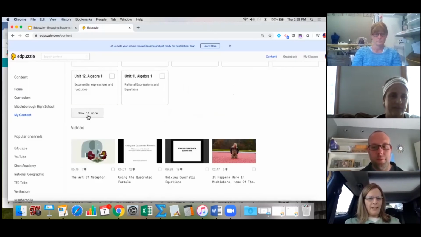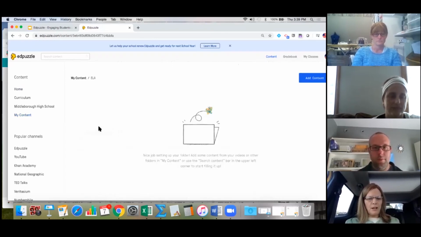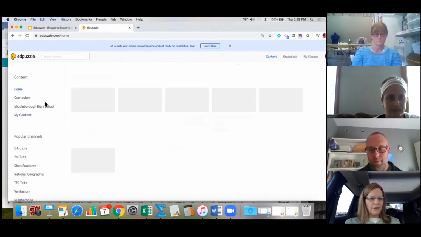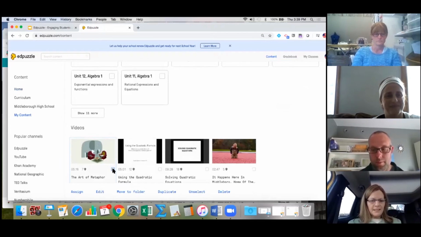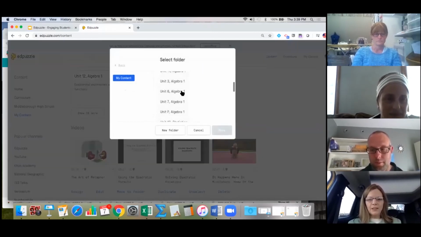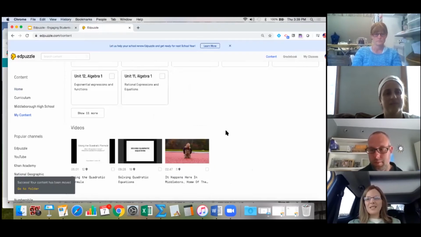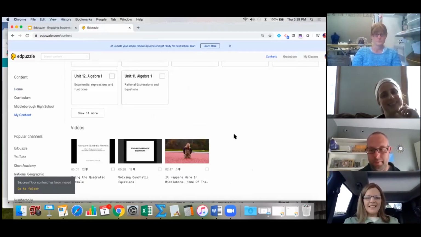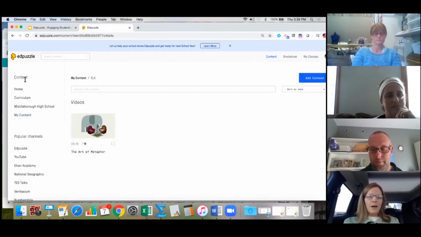So if I show my ELA folder, which is the one at the top, oh, I haven't moved it yet. I have to move it right now. Sorry. I'm going to go like this, move to folder, ELA, move. I didn't press the move button. So that's nice. And now that's going to be all fully organized for me, right? All right. Now, I think that shows you how to create a video.